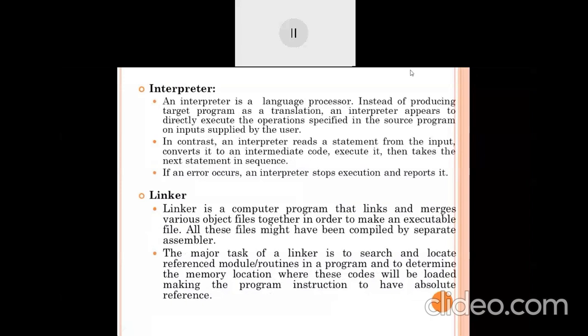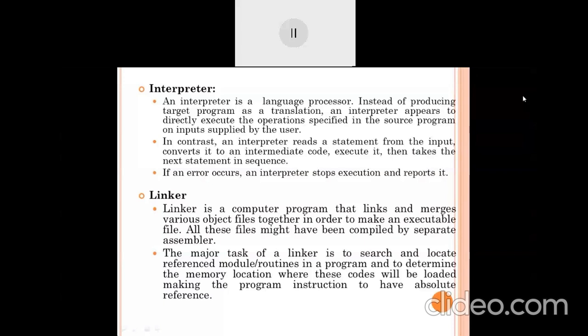Yes, interpreter. The interpreter is one of the system components or language processors that produces the target program as a translation, and it appears to directly execute the operations specified in a source program on input supplied by the user. We know the difference between compiler and interpreter. These things you already discussed in previous lectures.